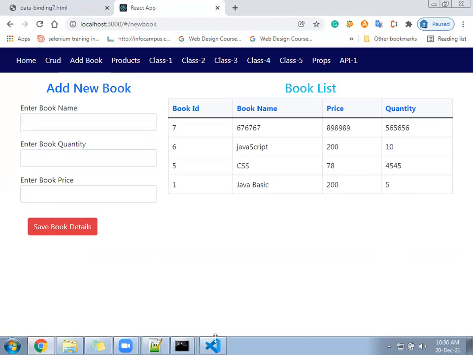So we are able to save also in the one file. We are able to list also in one file. Why this reload is happening, that is not sure. See, when I type here, see what is happening. Not happening for you? No, my system is a little extra machine.